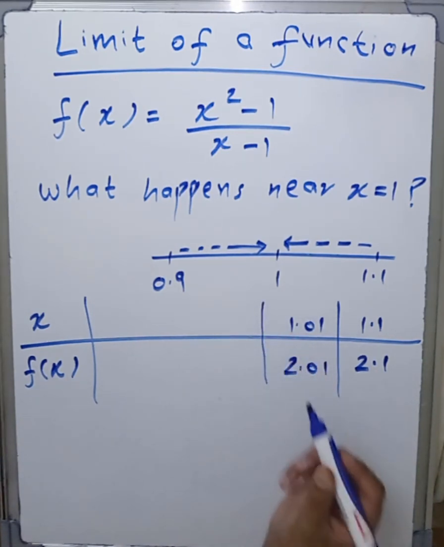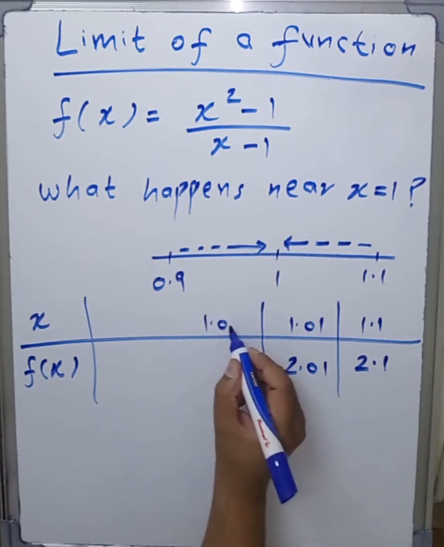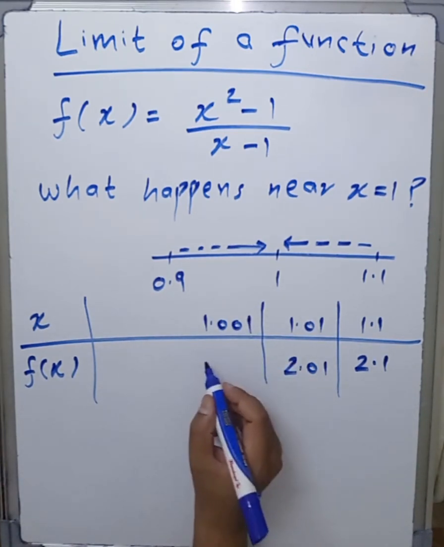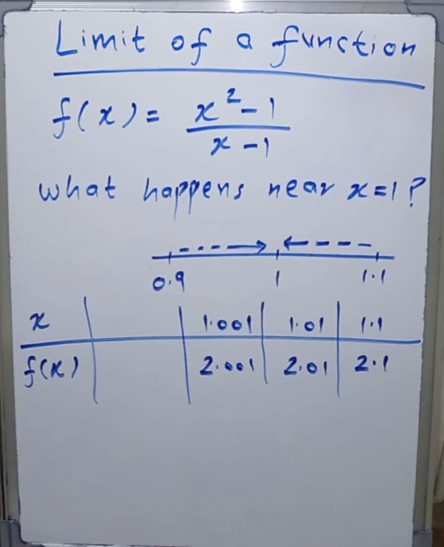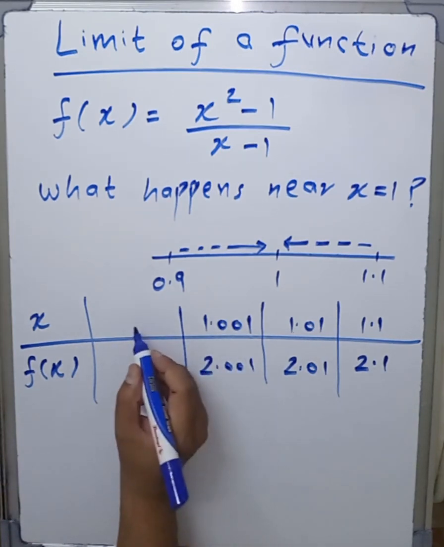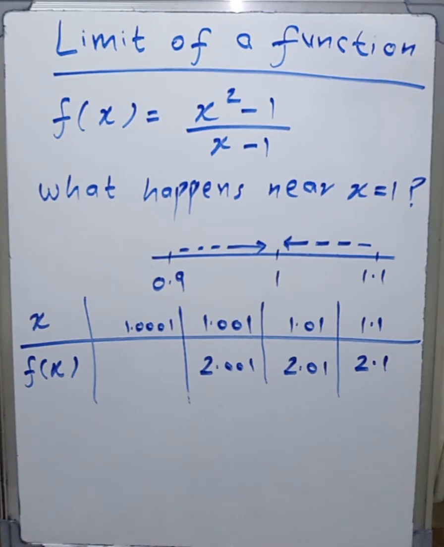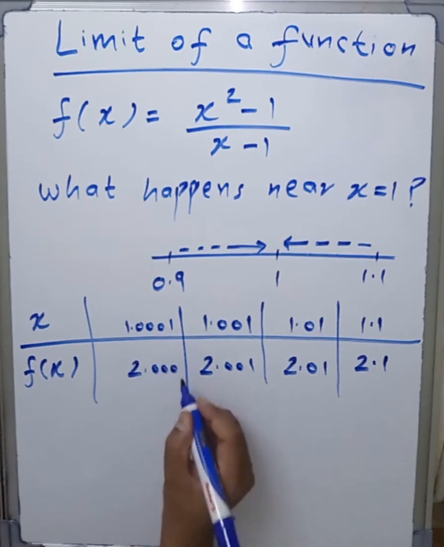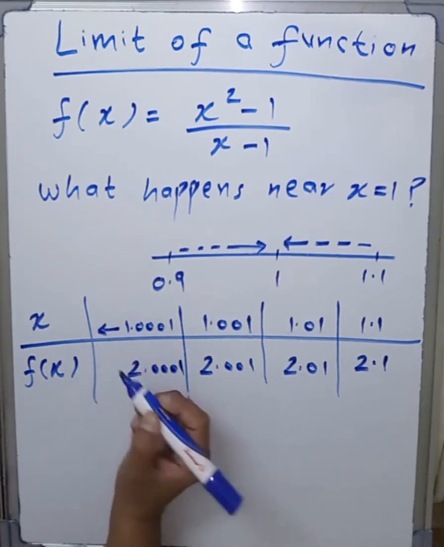Again, let us take a value which is closer to 1, let's say 1.001. At 1.001 the value of f(x) will be 2.001. Again, let us take a value which is even closer to 1, let's say 1.0001. At this point the value of f(x) will be 2.0001, and like this we are moving towards 1